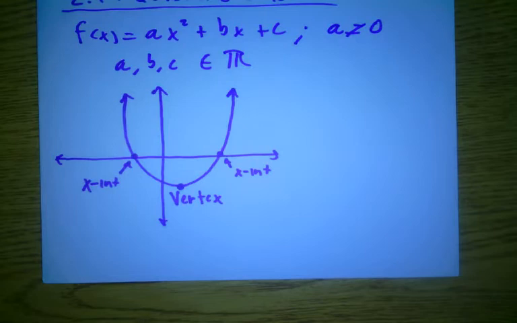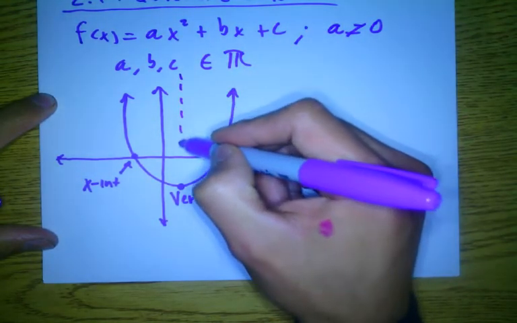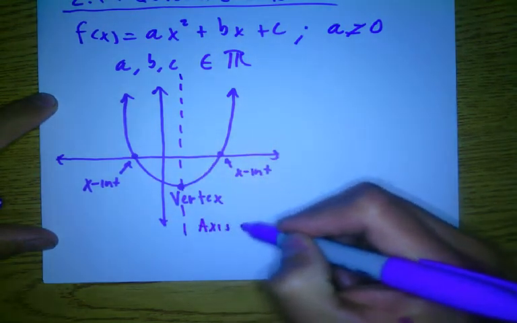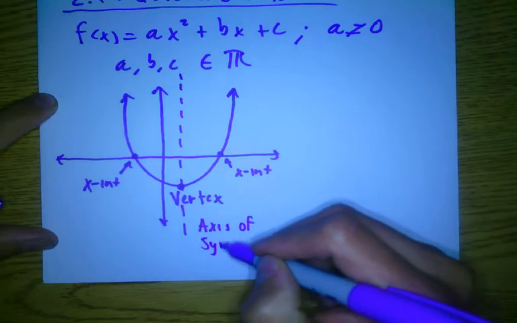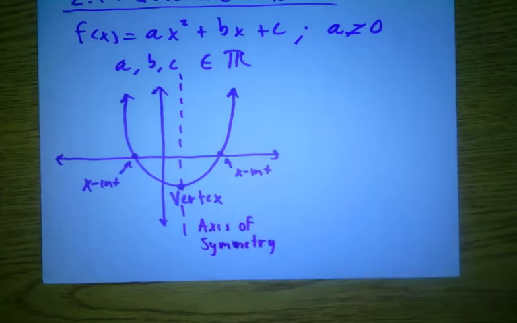But is there some type of symmetry? Yes, there is. So, there is this imaginary line that you're going to have to know, which is known as the axis of symmetry. Are we good? So, to recap where we're going with this before we begin any problems, I am going to